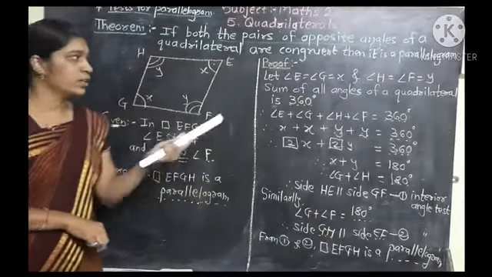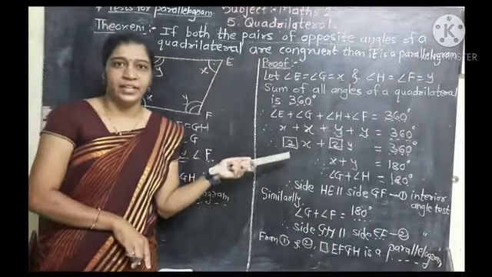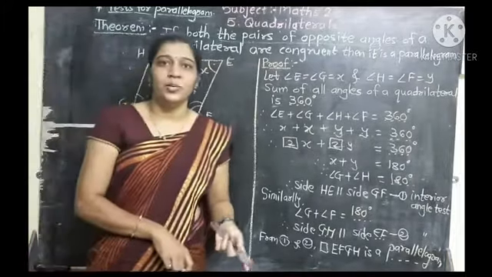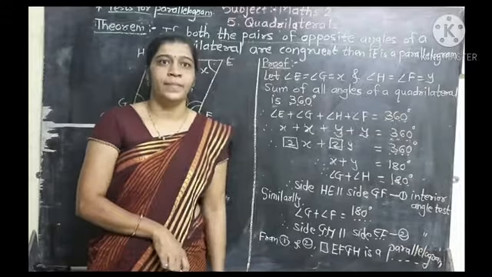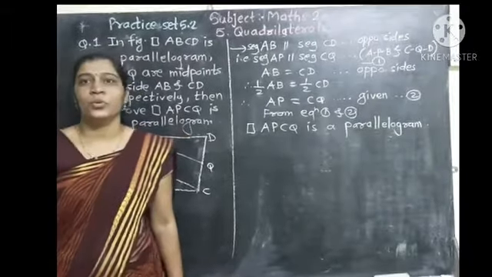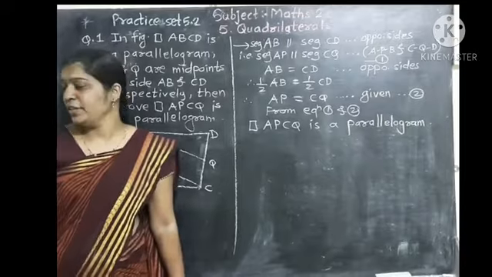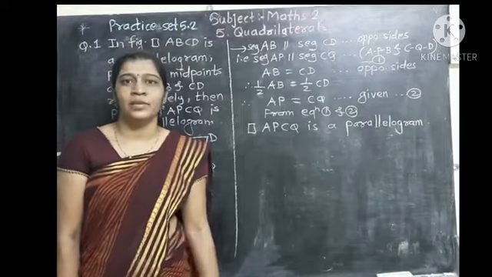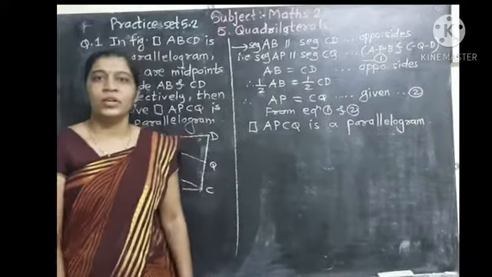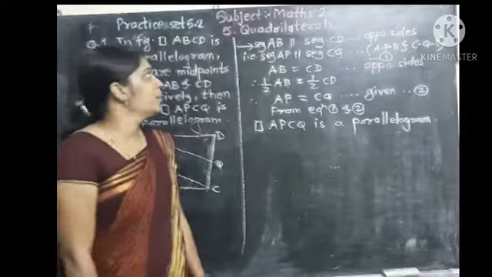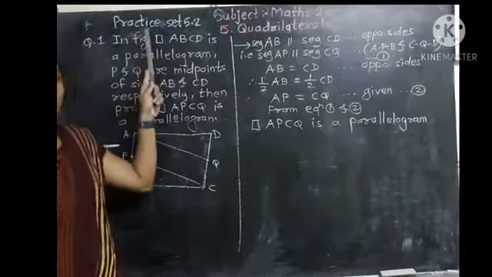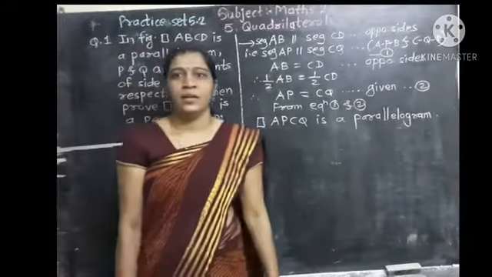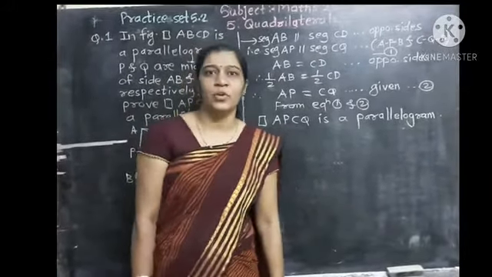Okay, this is one of the theorems based on activity. You may write both the theorems in your notebook. Okay, we have studied two theorems. Now on page number 65 and 66 there are two or more theorems. You solve them yourself. Okay, now we will see some examples on practice set 5.2. Not all examples, some examples on practice set 5.2.